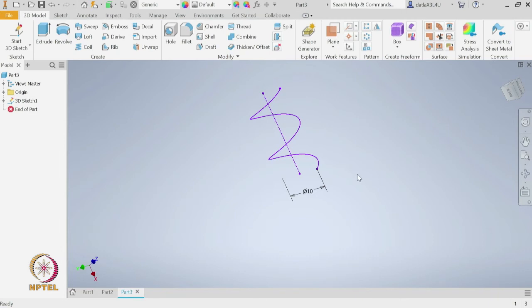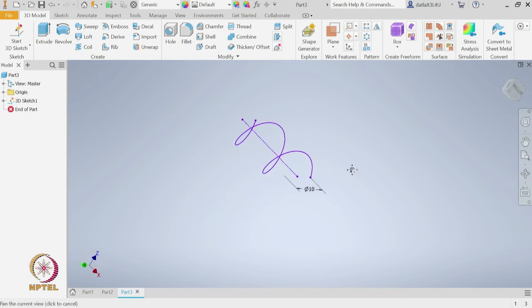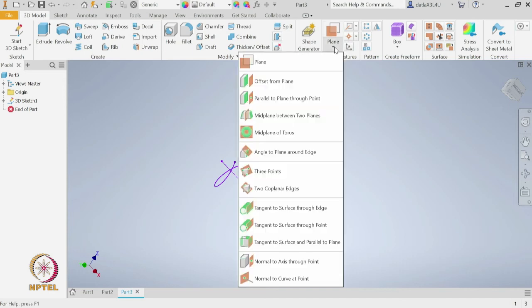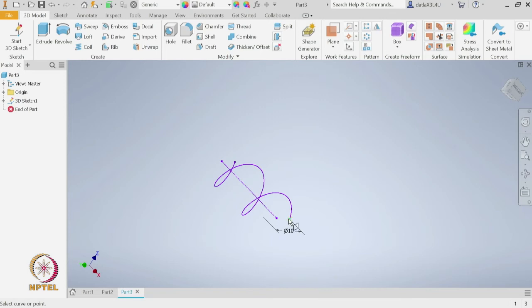And for us to create a solid using the sweep, we are done with creating the path, but now we need to create the profile. So, how do we create the profile? For that we need to select a sketch and draw the profile. Let me create a plane by using a different option now. In the last we have to create a plane using normal to curve at point. Essentially what it is saying is, if you have a curve, you can choose a point on the curve and it will create a plane which is perpendicular to that curve. So, let us choose this and choose, let us say, the starting point of the curve.